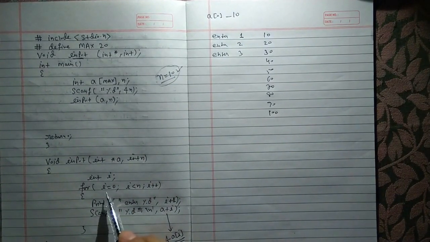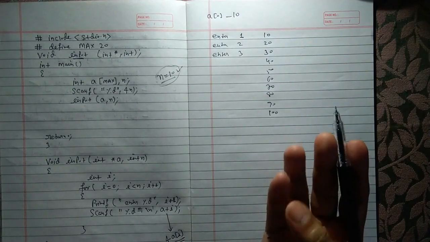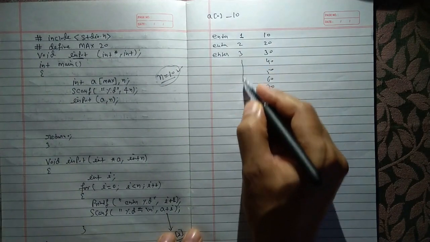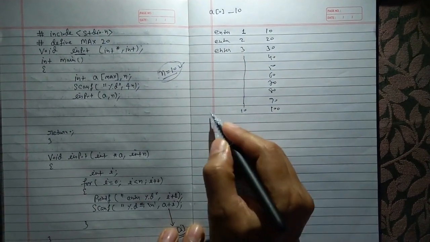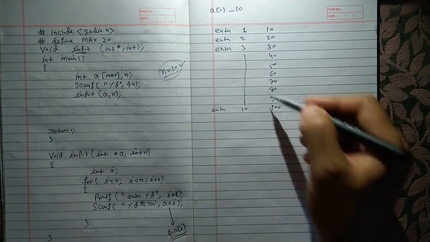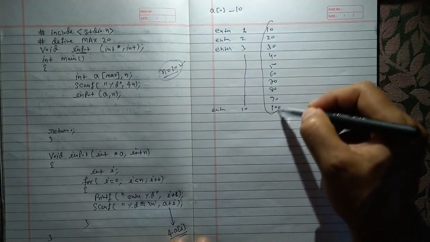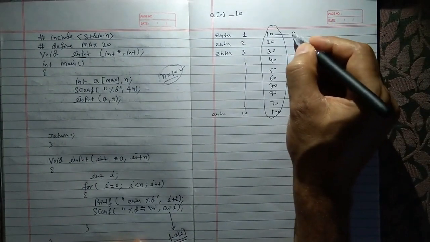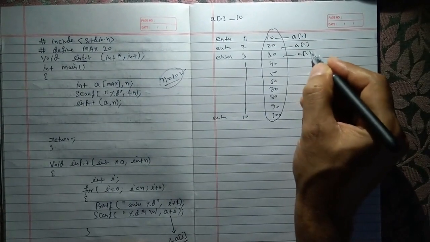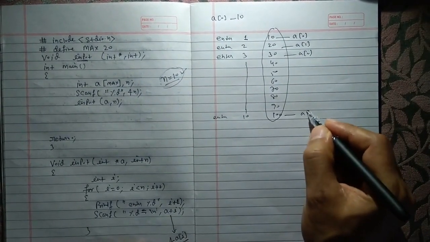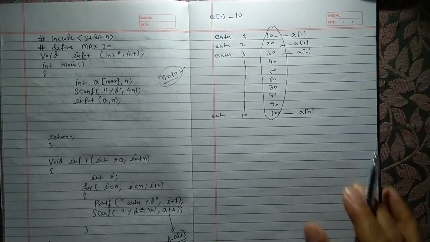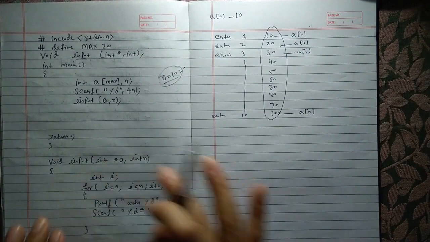So it will work 10 times: 0 1 2 3 4 5 6 7 8 9. So 9 plus 1 is equal to 10, so the value will be 10 here. Enter 10, okay, because 9 plus 1 is equal to 10. So you input these values inside your array. This is A0, this is A1, this is A2, and so on up to A9. So you have stored these values inside your array by the help of this input function.